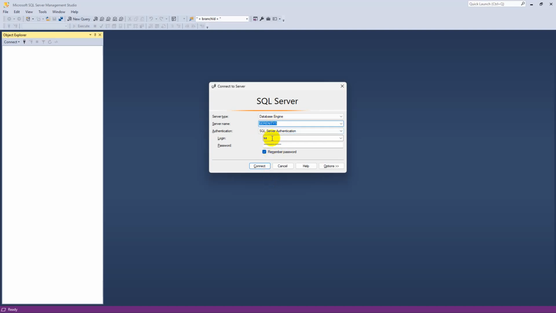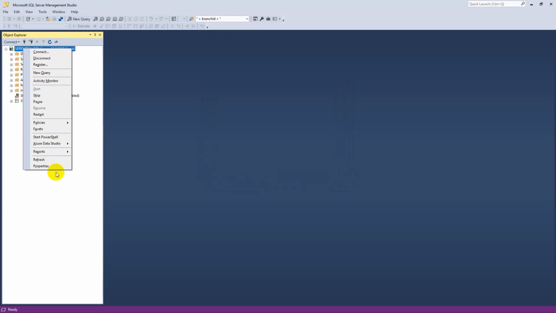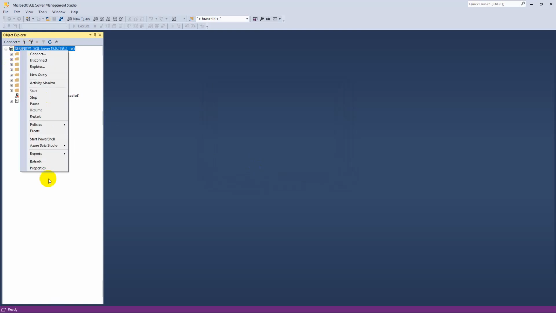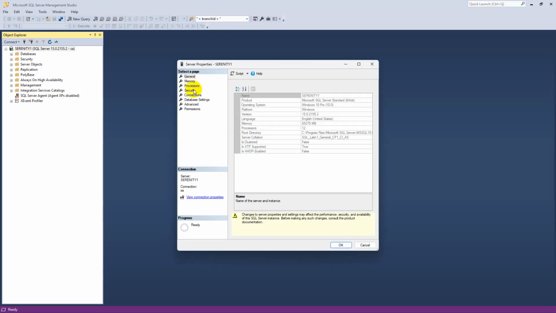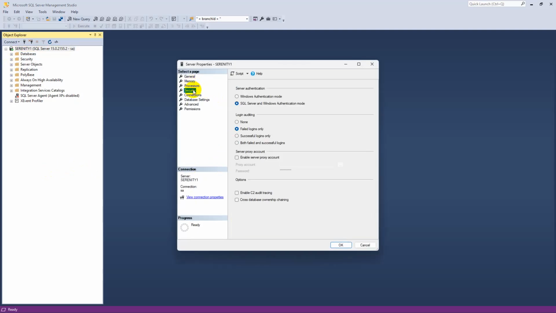And for SQL Server login, we just need to put the password and the user ID as SA. If you did not activate SA during first setup of your SQL Server database engine, you need to activate it by right-clicking on the server name, going to properties, and going to security. You need to ensure SQL Server and Windows authentication mode, so that we will be able to log in using SQL Server